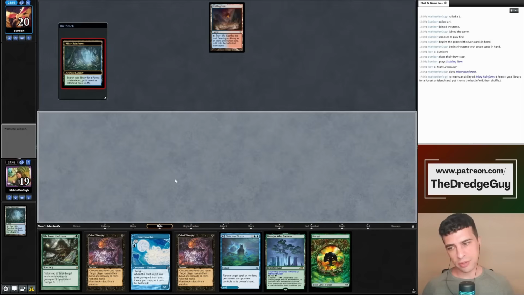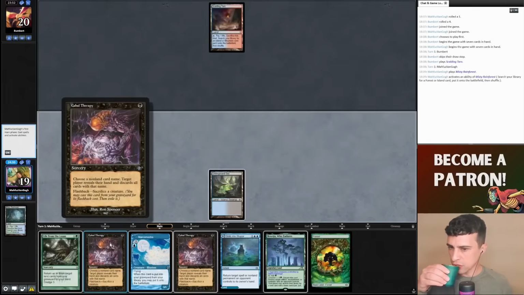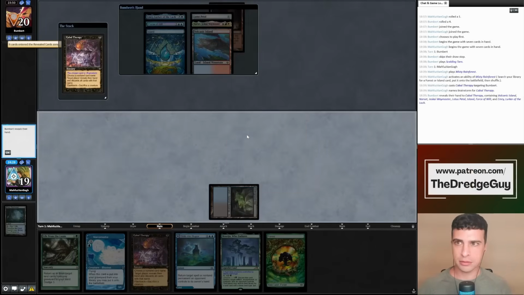Considering what we have, I think we can cast a blind Cabal Therapy targeting my opponent here. Let's see if this will resolve. Targeting you. Okay, it is resolving. Brainstorm here. It could be also Force of Will. Okay, my opponent has Force of...